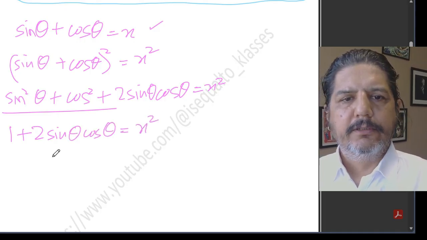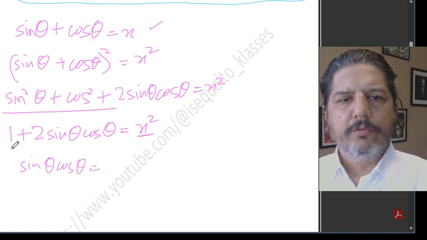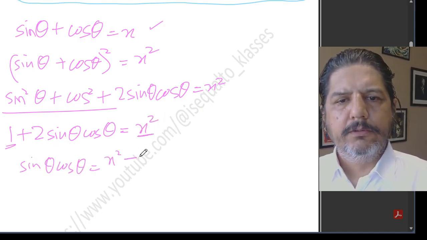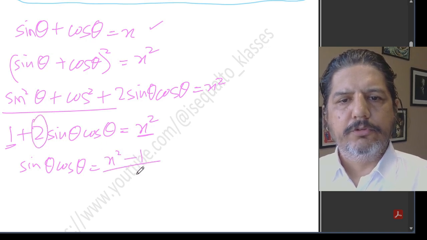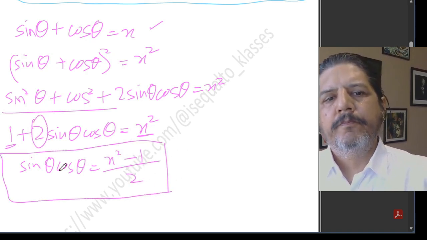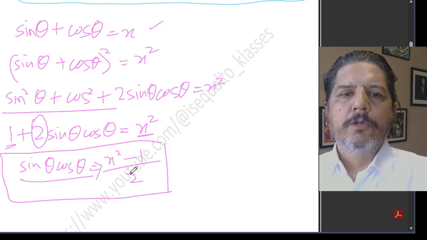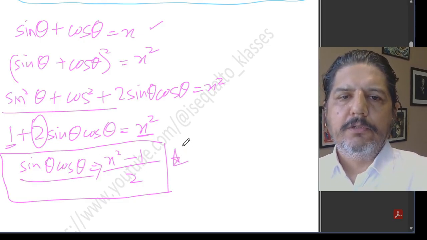is equal to x square. Therefore, sin theta cos theta would equal to x square minus 1 whole upon 2. So this is the value of sin theta cos theta that I have found. So my sin theta cos theta is equal to x square minus 1 upon 2. Now this is what I will be using for